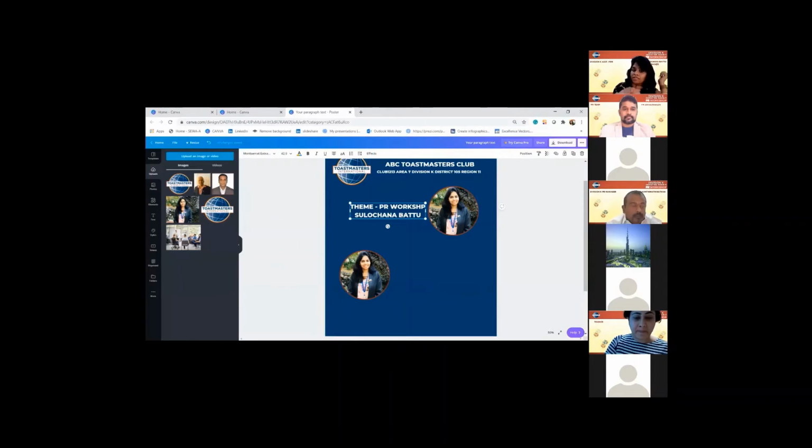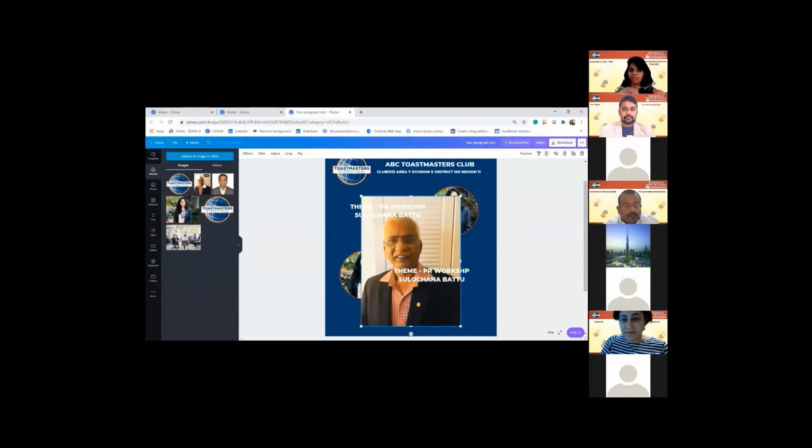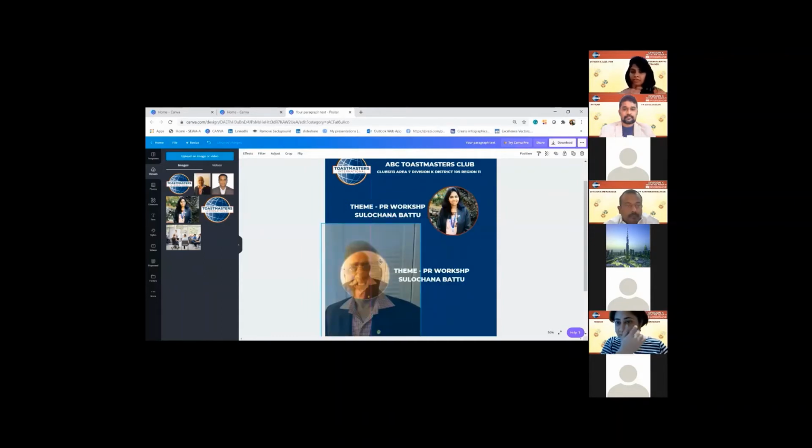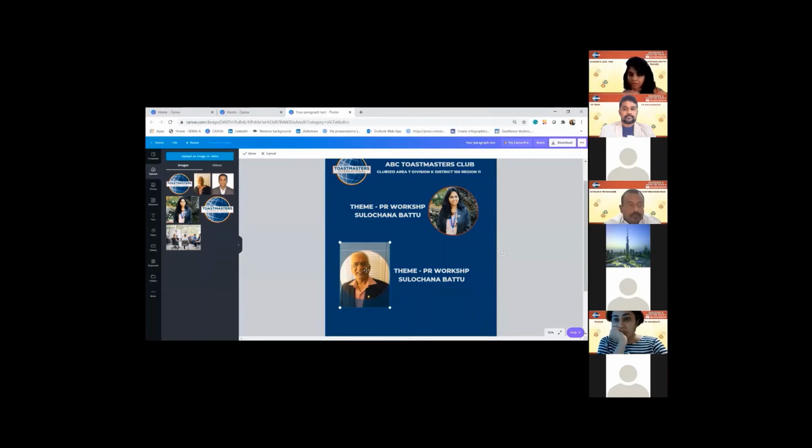Now I have to write DTM Nagarajan's name too. So what do I do? I would click this and duplicate. I would bring it down. Before that, I would change his picture. So how do I change his picture? Bring the picture and then drag it into the frame. Now the picture is in the frame. Do you think it's in the correct frame? You double click and you get an option where you can pull it down. Now it fits exactly into the frame. Do you all see this?